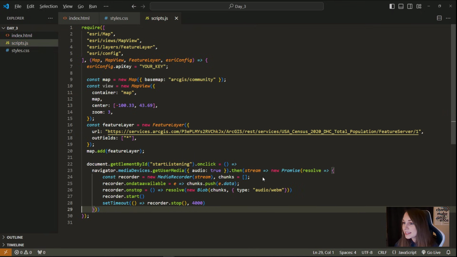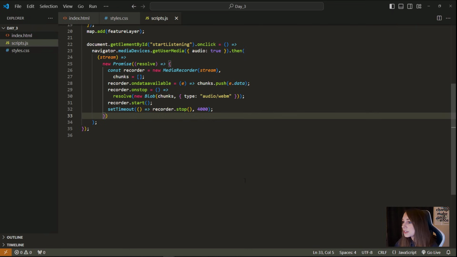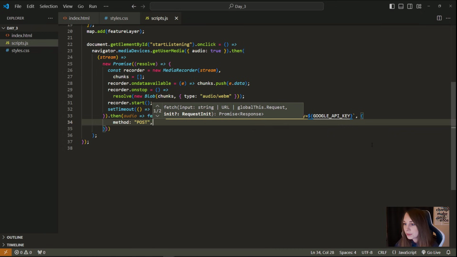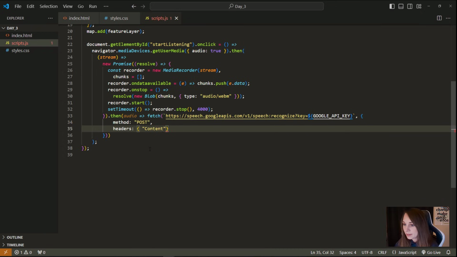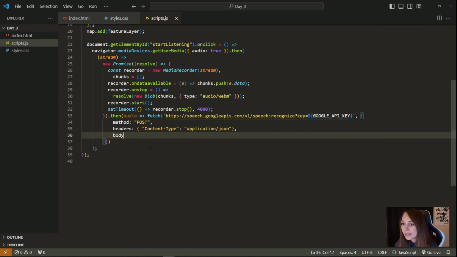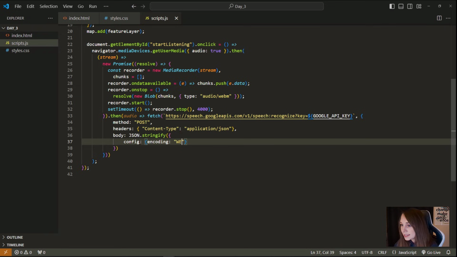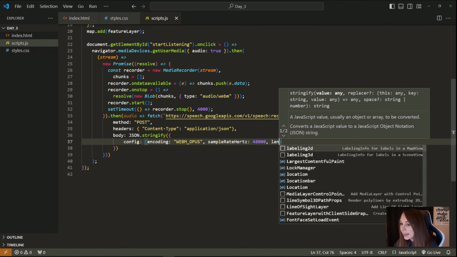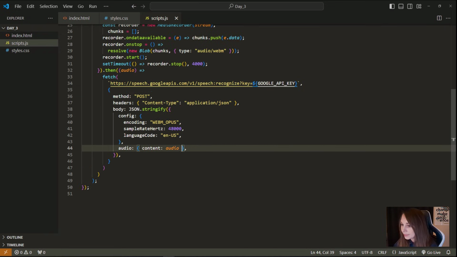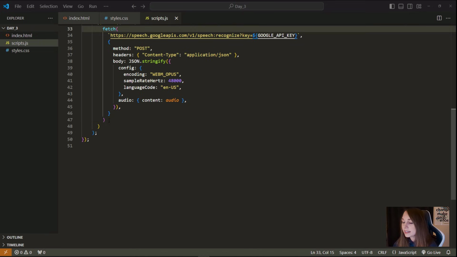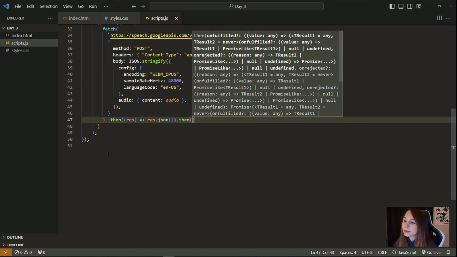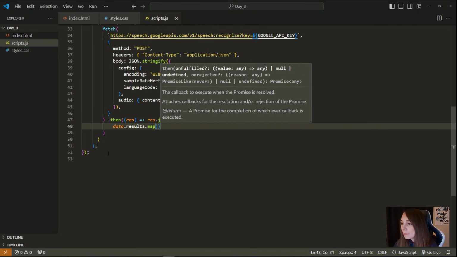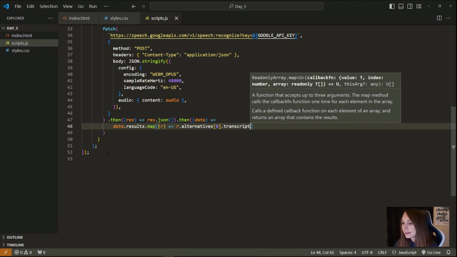Next, I'm going to send the base64 audio to Google's speech-to-text API to get the transcript. Now this part is done with a POST request to the API endpoint. And in the body, I specify the audio format, the sample rate, and the language. And the response is going to contain the transcript, which I will extract using .map and .join to combine the